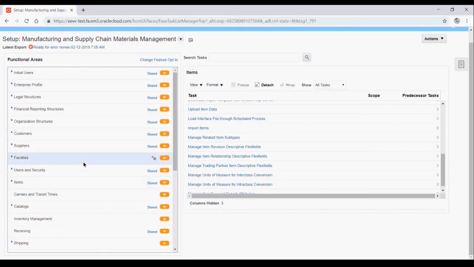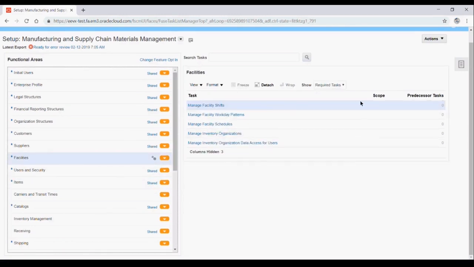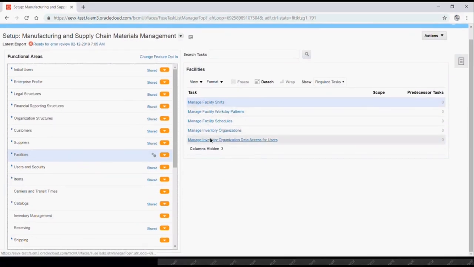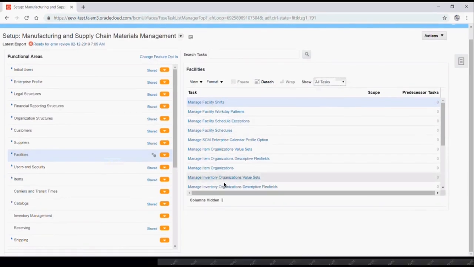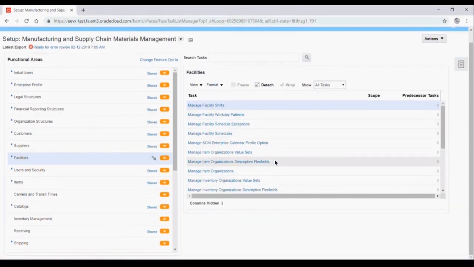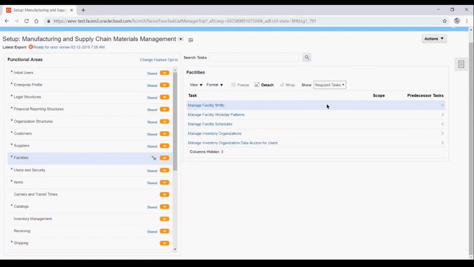So if I want to define facilities, these are the required tasks that one has to implement for facilities. And then if you want to see all the tasks, which can be certain optional setups, you can see that flex fields is always optional and is very individual to every implementation. These are coming under optional. And also Oracle